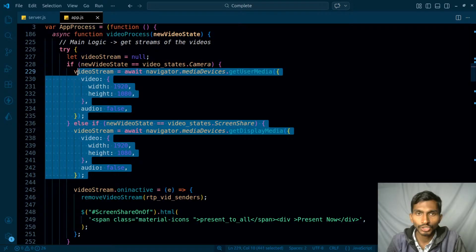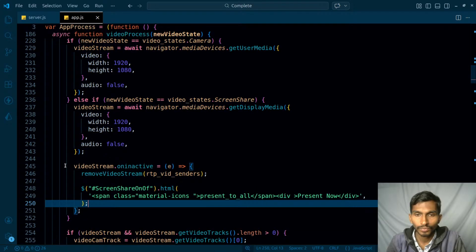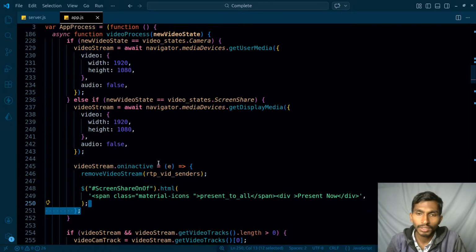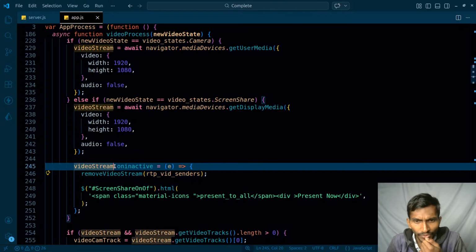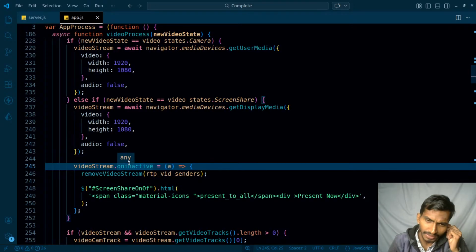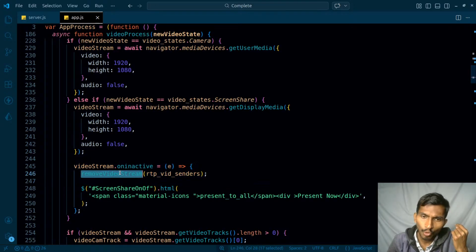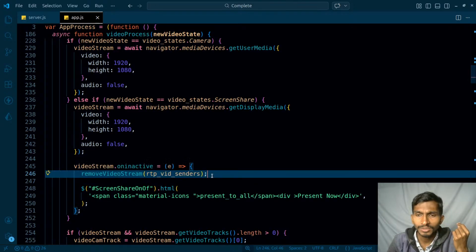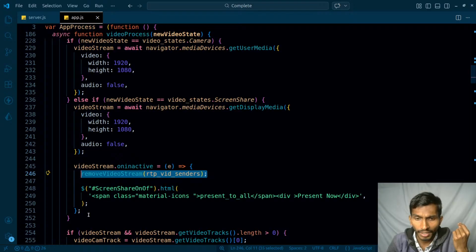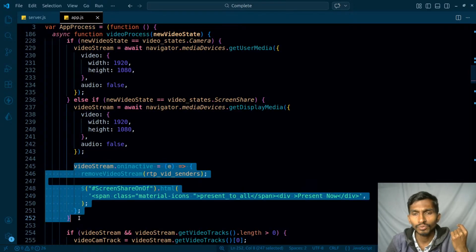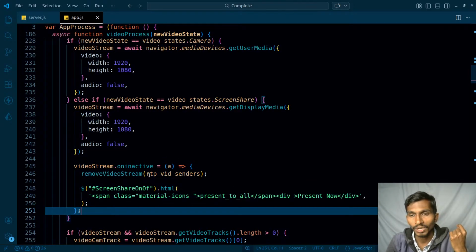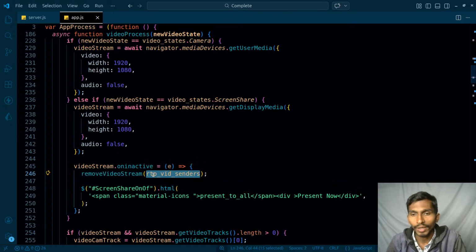And once I get the streams of the videos, one more thing: if that is inactive, in that case remove video stream. If the video stream is inactive, that means it's not being used. In that case, I'm removing it with remove video stream. That simply means this is going to be added to the video stream. So if it is inactive, it will automatically be removed. So RTP video senders, and from the RTP video senders,